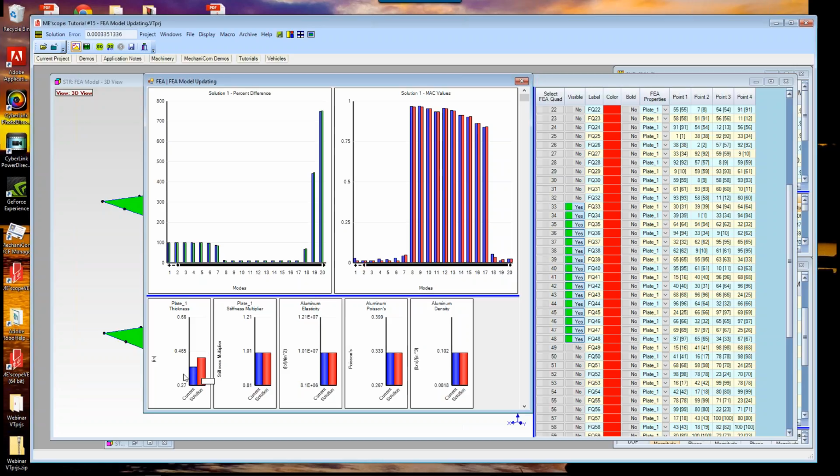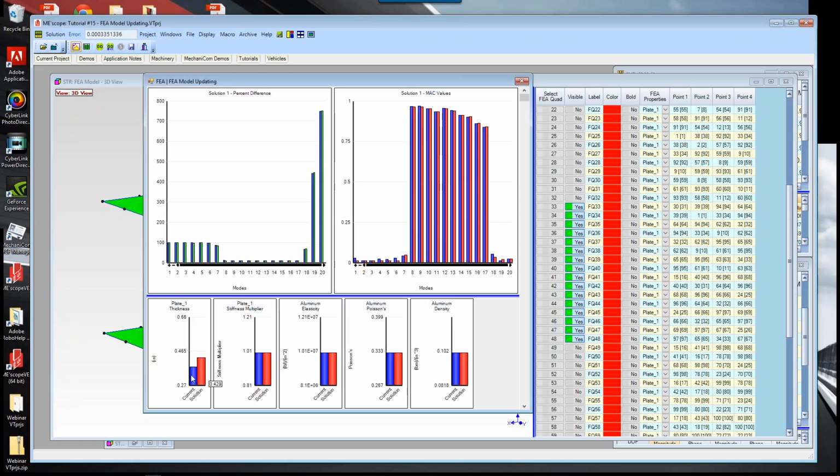Down here is the solution 429, and it was originally 0.37. So that's the thickness. It's changed. Now, as I pull this scroll bar, you can see all the different solutions popping up, and the